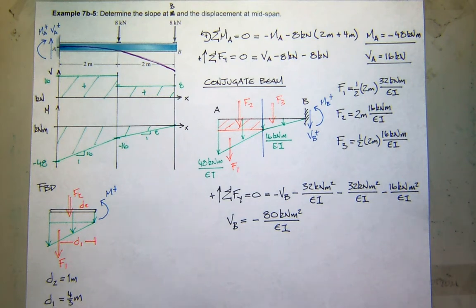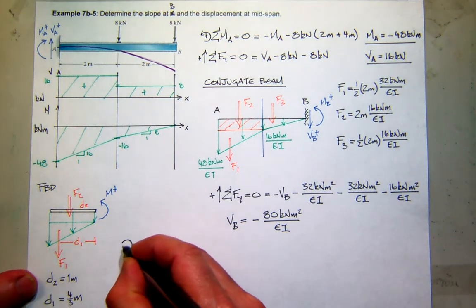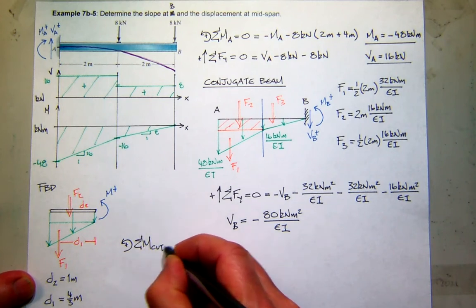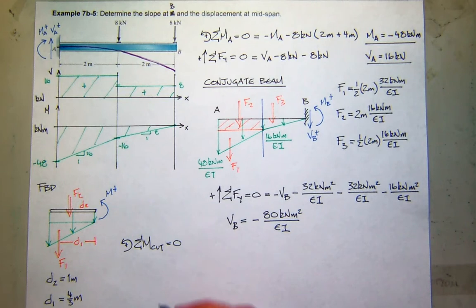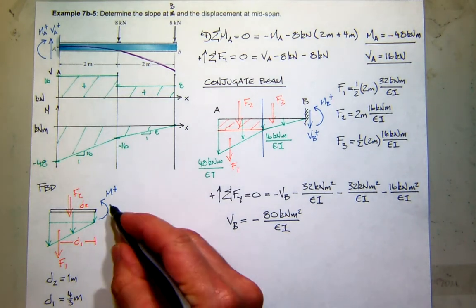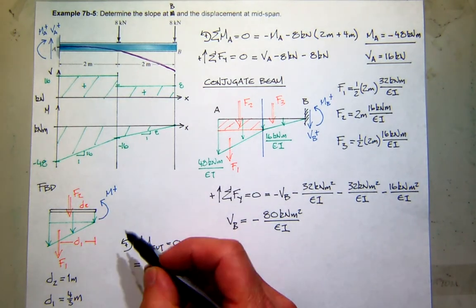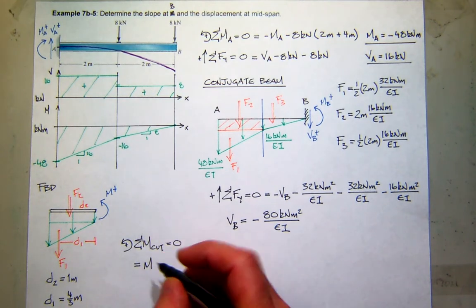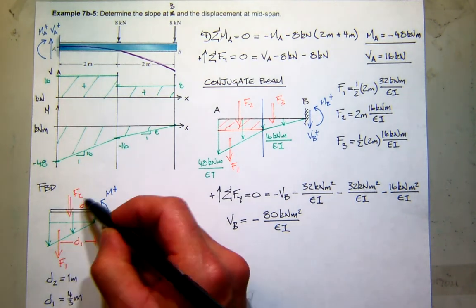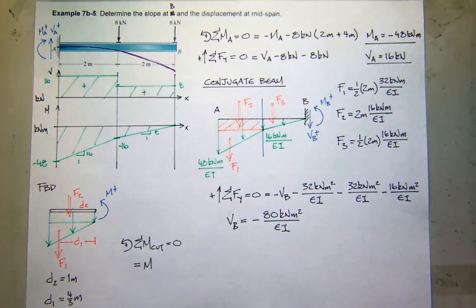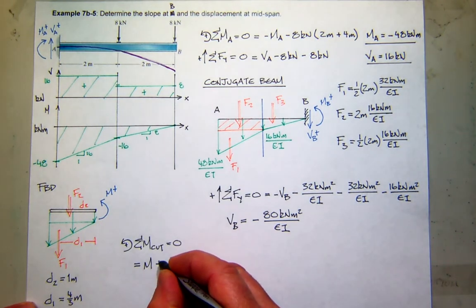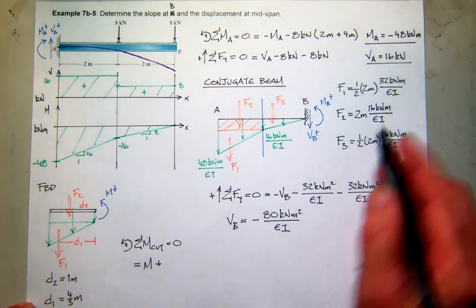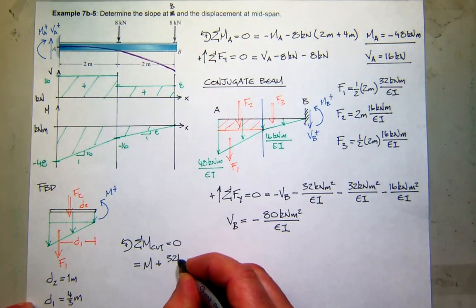And then all I have to do now is sum moments. So we'll sum moments at the cut and make sure we're in equilibrium. So when we do that, with this sign convention for my statics equation, this moment is positive or negative? Positive. So there's the moment. Force F2 and F1 create what kind of moment about the cut? Positive or negative? Positive. So it would be, we'll do F2 first, F2 times D2. Well, F2 was 32 kilonewton